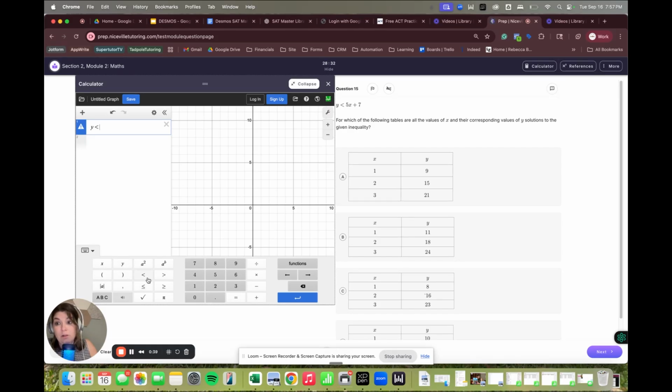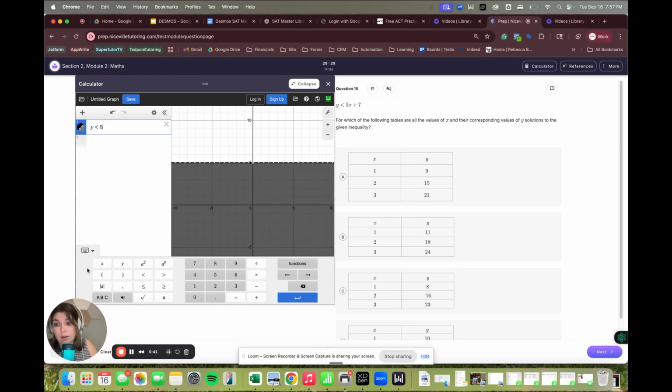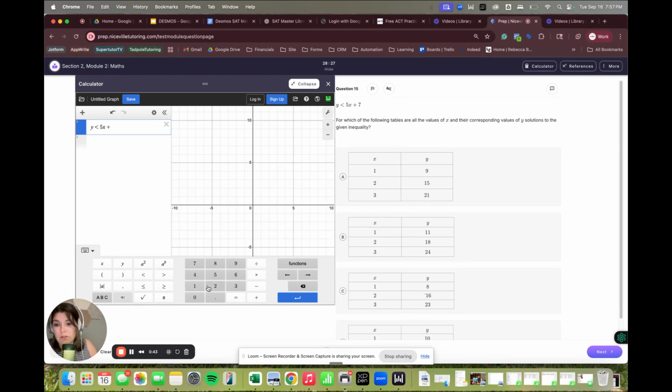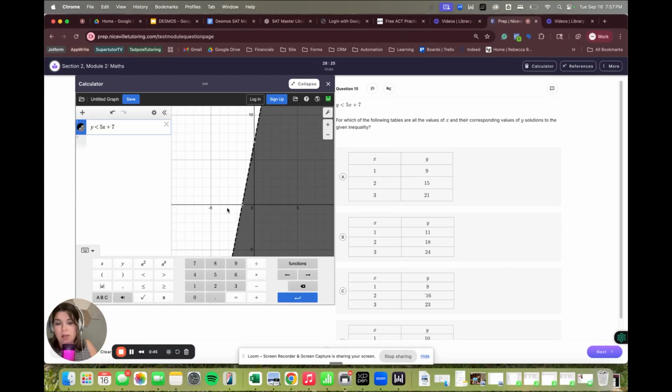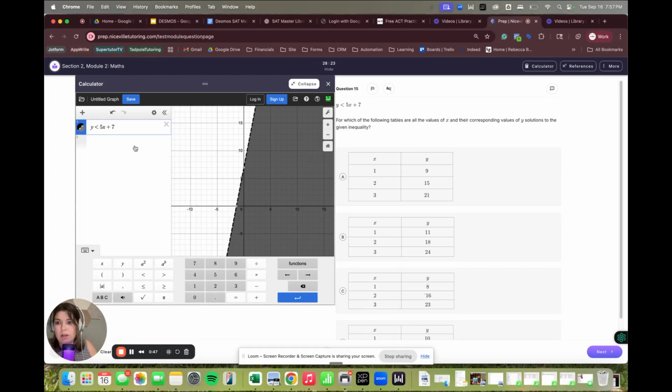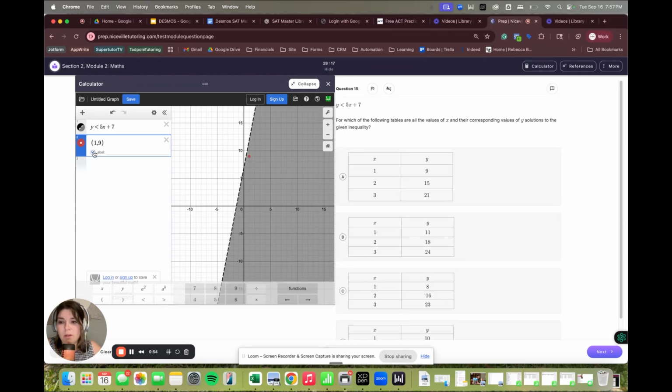Make sure the alligator or the Pac-Man, whatever you prefer, is eating the right number. And then what's really nice is it'll shade it for you. And then people will waste time by just looking through it, but actually the fastest way is to plot points. So I'm going to put in my first point, 1 comma 9 on A is looking promising, but